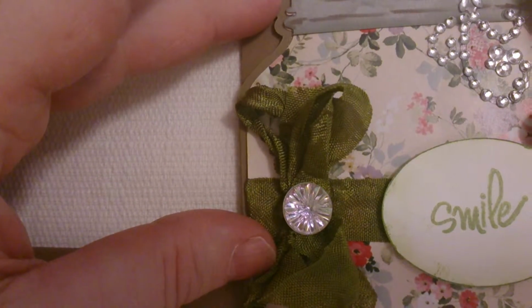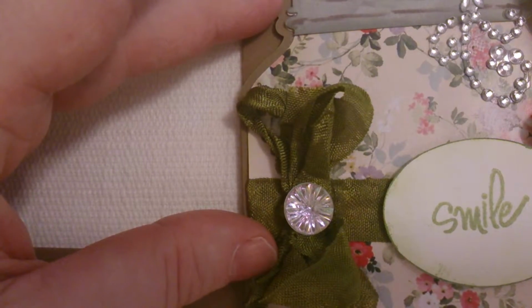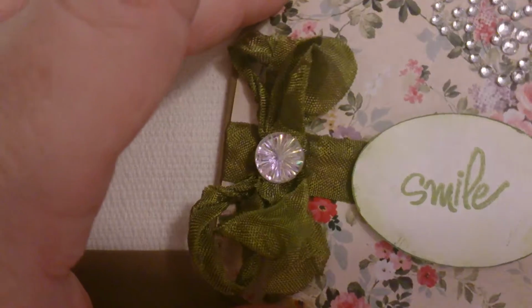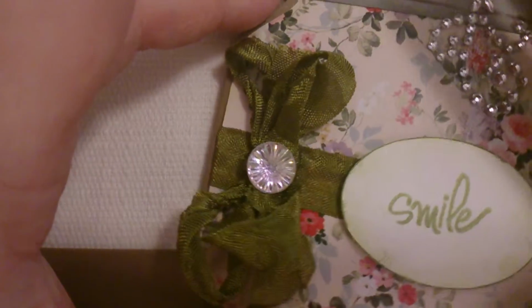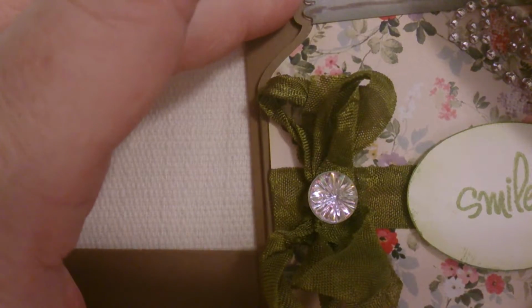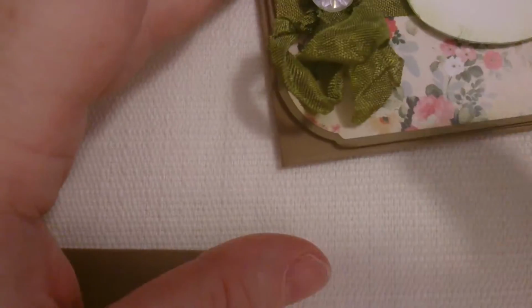I want to share a swap I'm hosting over at yourpaperpantry.ning.com. This swap is for the 3x3 mini note card swap, and the theme for this month was mason jars. You have to make 2 cards and you get 2 cards back. And these are the cards that I came up with. The first card, let's see if I can pull that back a little bit,